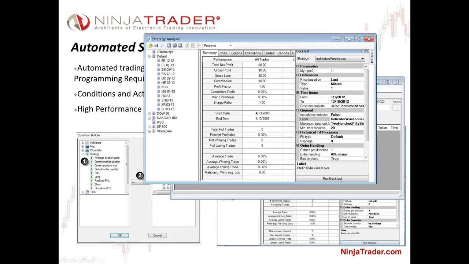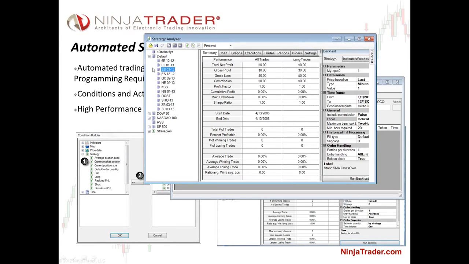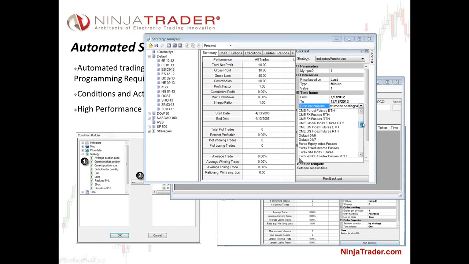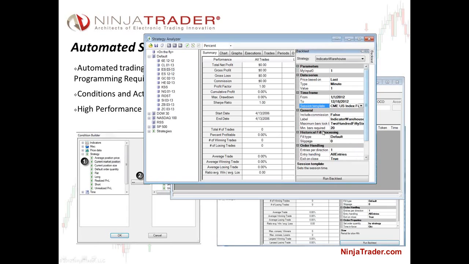So let's go ahead and how about we use the ES here, and then we can use our different time frame from when we want that to start, when we want that to end. Also the session template that we'd like to use. Maybe we'd like to see that just trading in the regular trading hours. We can do that if we'd like to by selecting it from the list here. So let me go ahead and just go with regular trading hours there for our CME US Index futures,